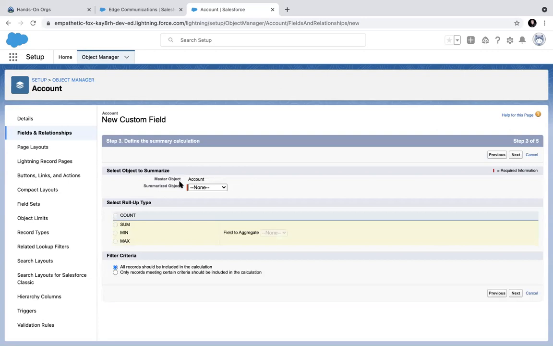You see this? Which object do I summarize? Since batch 11 is now a master detail, it is coming here. But in standard objects, only these two objects are applicable. Contact is not there. You see, it's not supported. Entitlements and opportunity are standard objects on which you can do roll-ups automatically. But otherwise, a custom object needs to be master detail. Otherwise, it will not come.